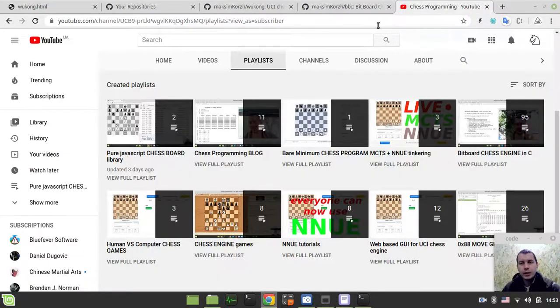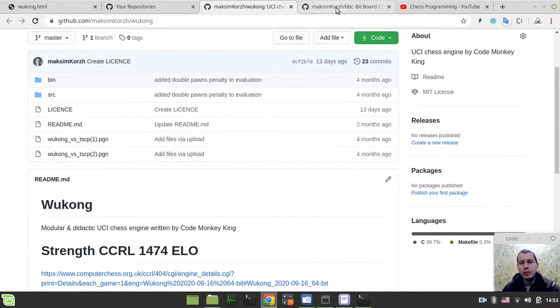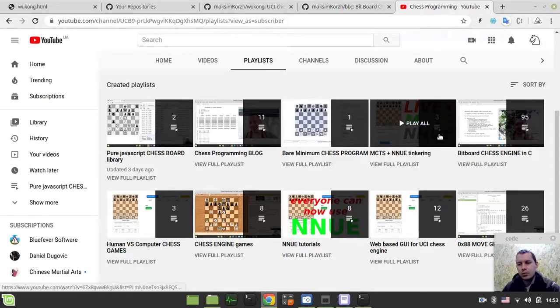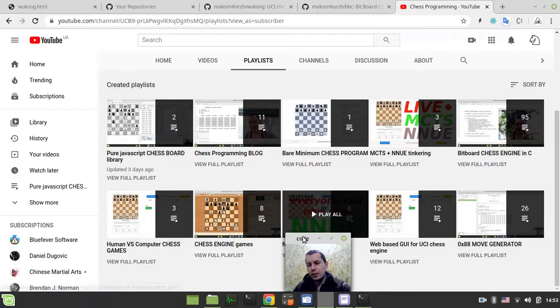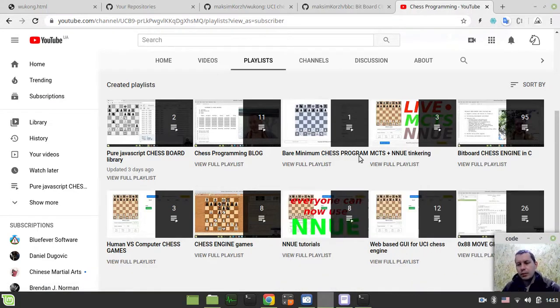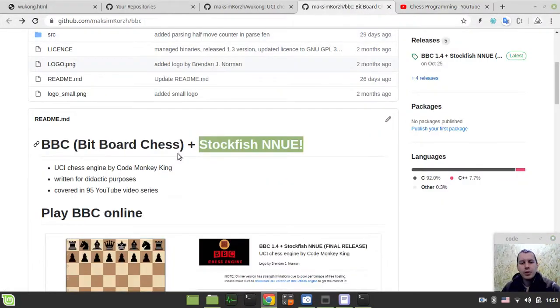So I have this Wukong chess engine, not the entire engine, but its move generator being covered in the tutorial series of this one, the hexadecimal 88 move generator. So you can have a look at that if you're interested in how it works, basically. So this is where I started when it came to